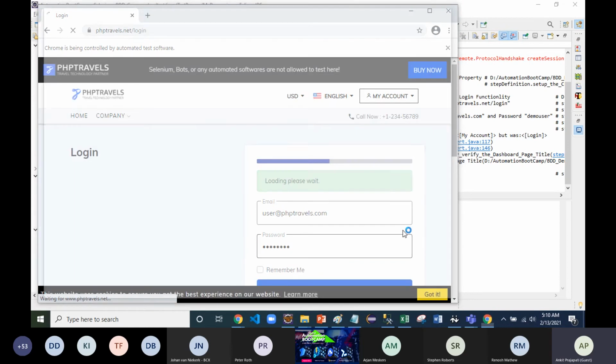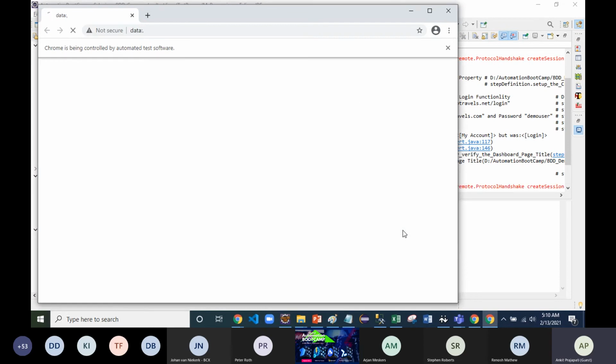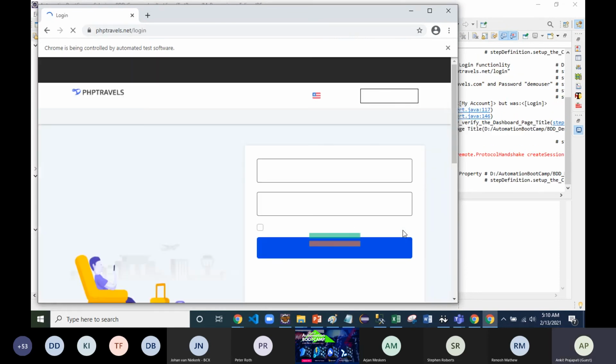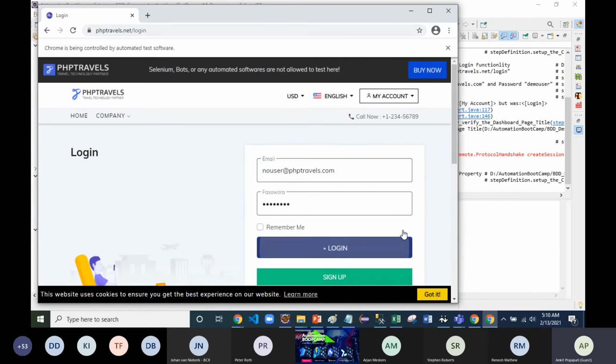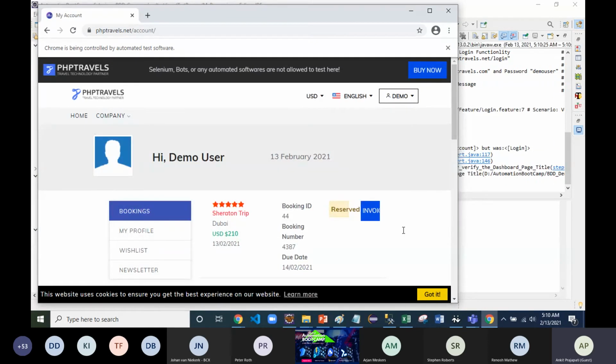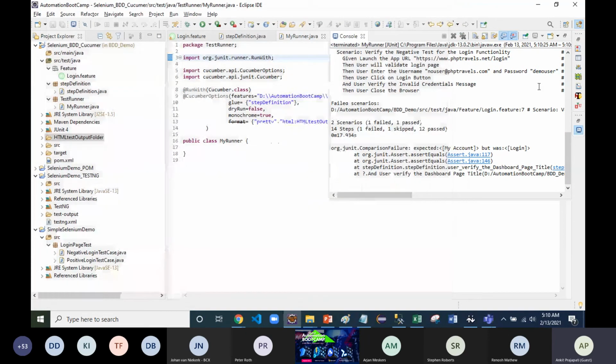So enter username and password, right? Then the second one as well, enter username and password, because both times it is entering the correct one. Now if I'm just going to close this one, you can see under the JUnit